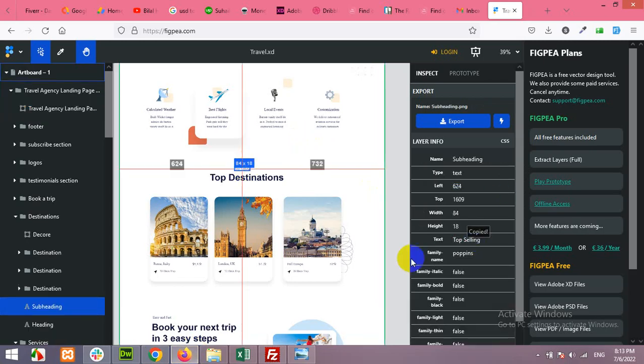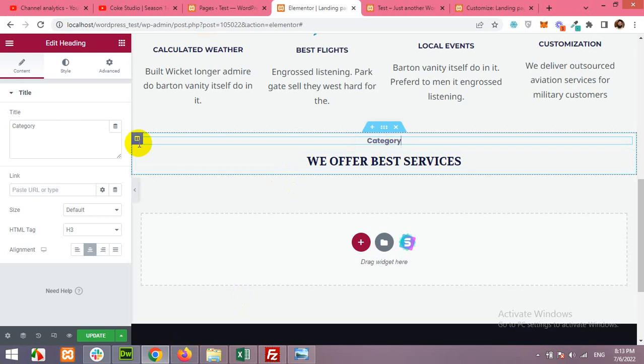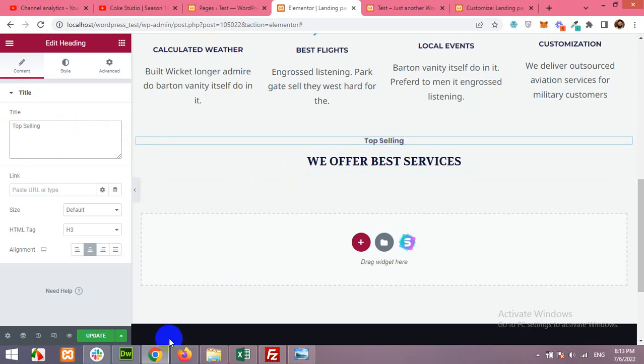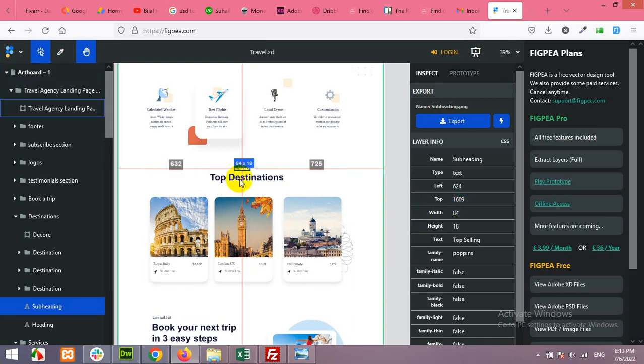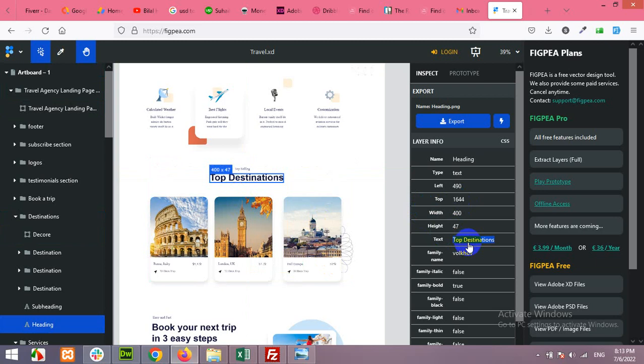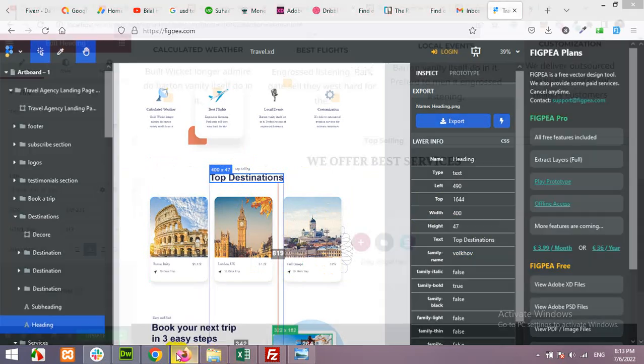Copy the text of top selling title, paste it here. All other styling like typography and colors are the same, so we just have to copy the text